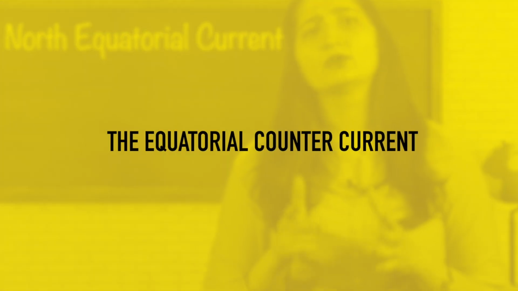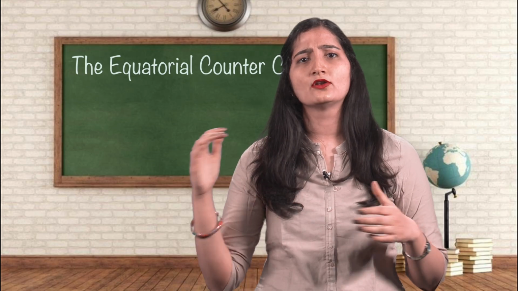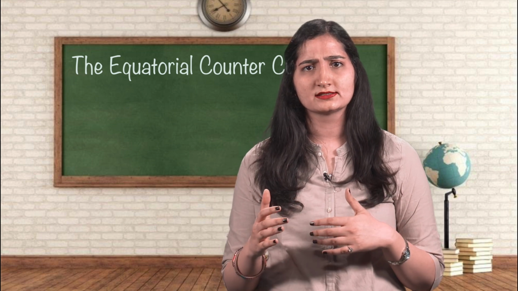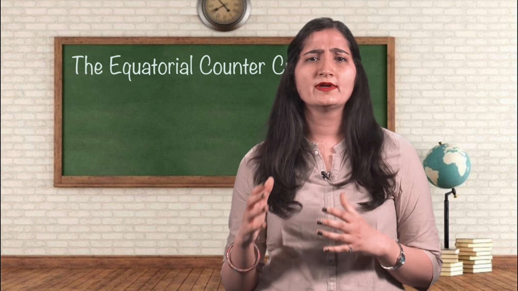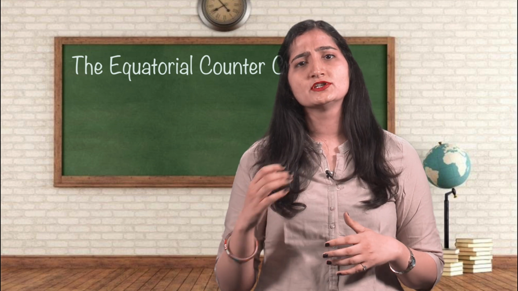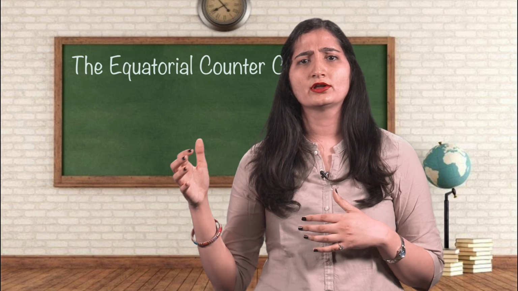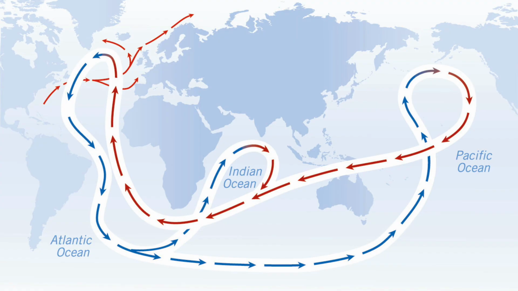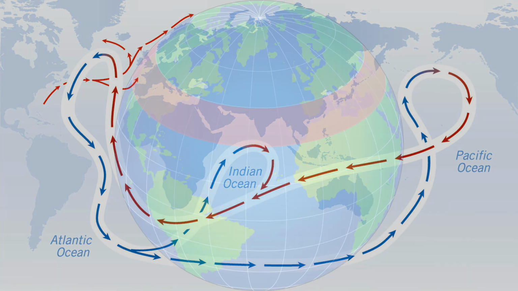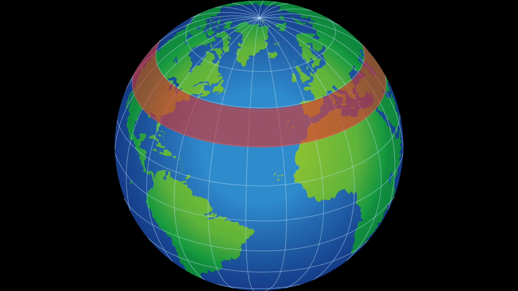The Equatorial Counter Current flows between the North Equatorial and the South Equatorial Currents. There is an easterly moving equatorial counter current in the doldrums, the belt of calm, which compensates to a certain extent the piling up of the water on the western side of the ocean. These counter currents belong to the most conspicuous part of the ocean circulation. They form narrow bands which can almost always be traced to the entire width of the individual oceans and the